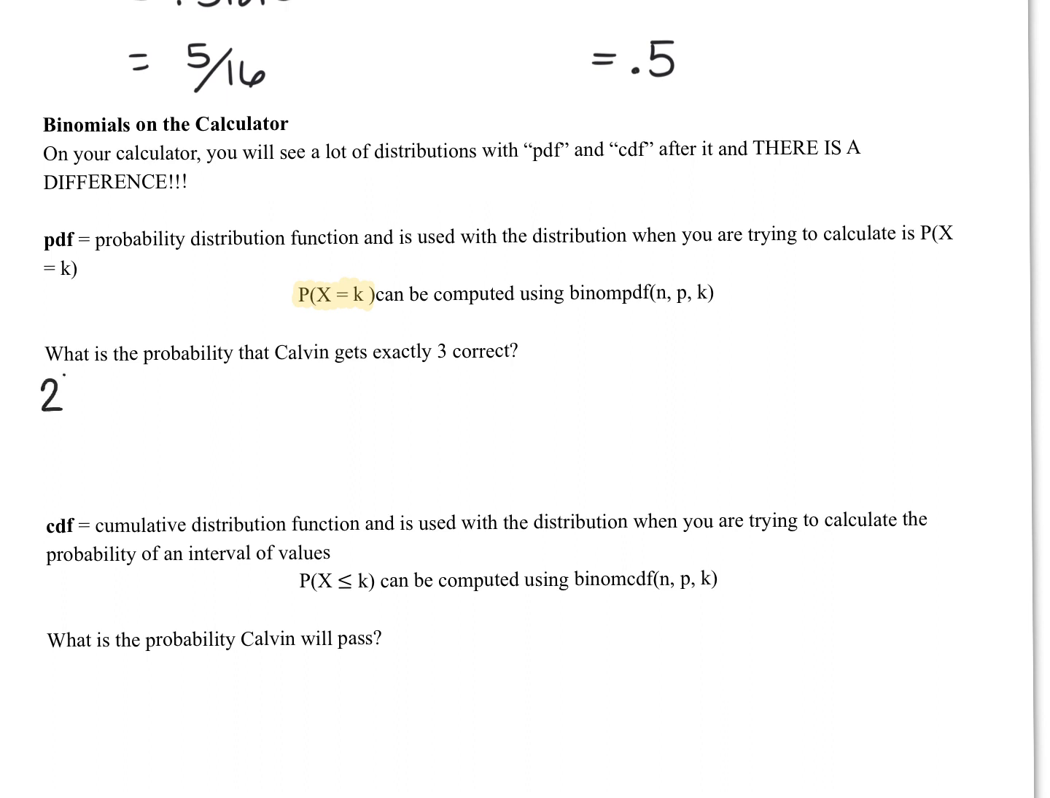Using the same examples from above, the probability that Calvin gets exactly 3 correct, in order to get to binomial PDF, I hit second vars, and then I'm going to scroll all the way down to the letter A, and it's going to say binom PDF. So once I select it,